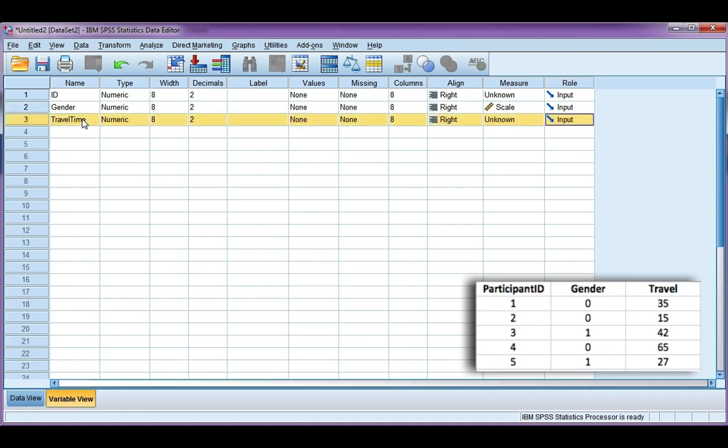Now, there's a couple rules when writing variable names. 1, they must begin with a letter. 2, they cannot contain a space. And 3, they cannot contain any special characters except for an underscore. So for travel time, I could put an underscore in between and that would be acceptable, but I cannot put a space. The second column is defining the type of data, numeric,